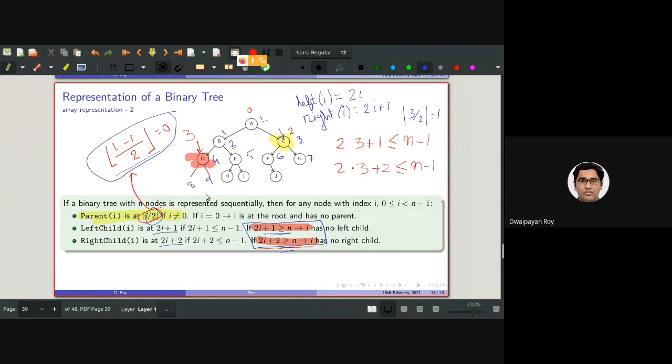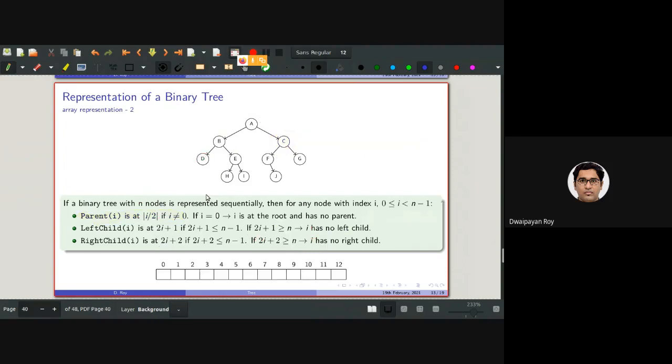All right. So here it will be A, at positions 0, 1, 2. I will follow the rule that the starting array index is 0, since from the programming perspective I will be starting from 0.